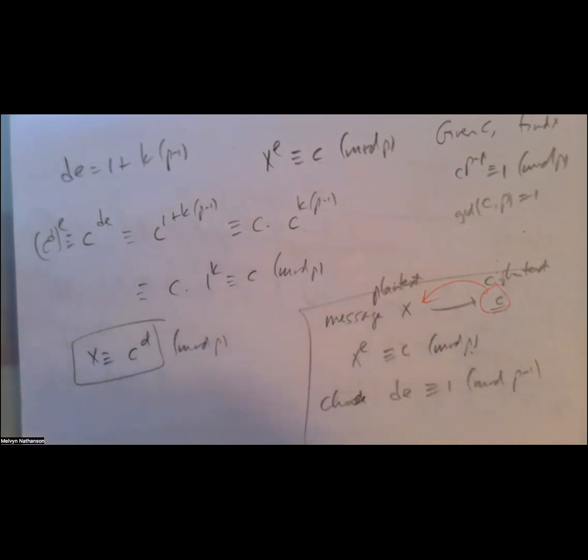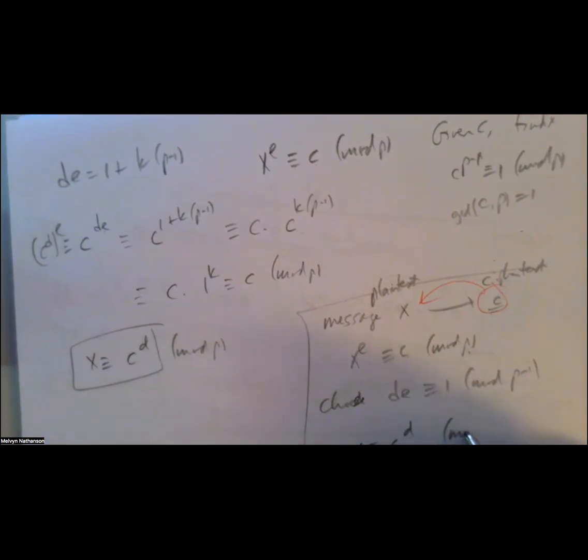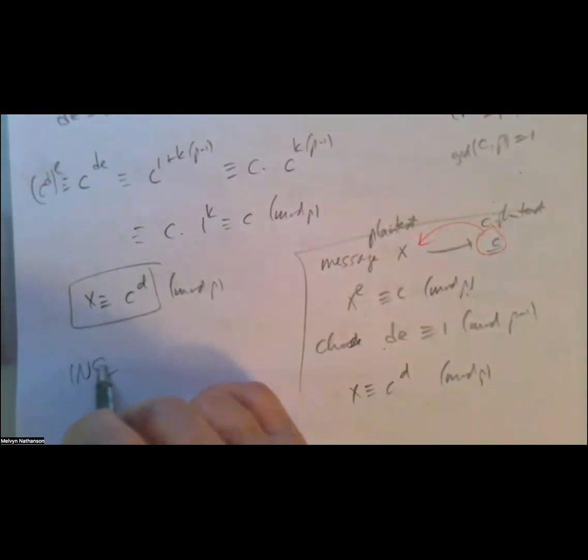Choose d to solve this congruence, and then x is going to be c to the d mod p. So if you know p and e, you can solve this congruence for d, and knowing d, you can get x back. So this would be an example of an insecure,